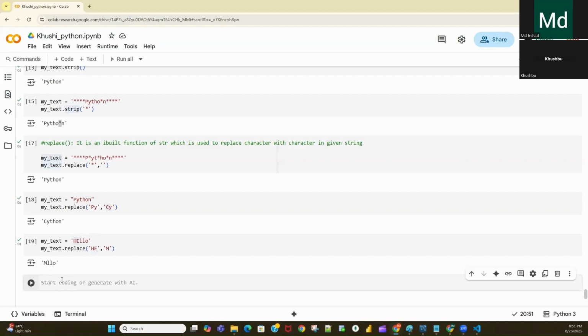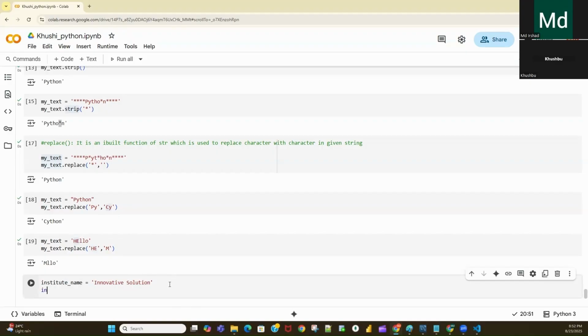Now again, let's say I have some variable called institute name equal to, let's say, innovative solution.